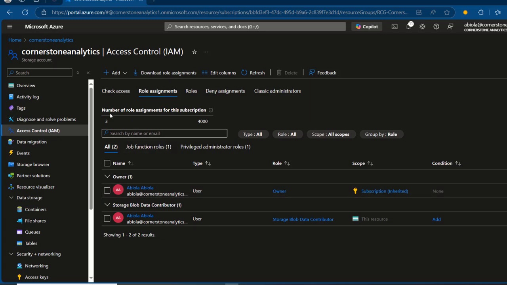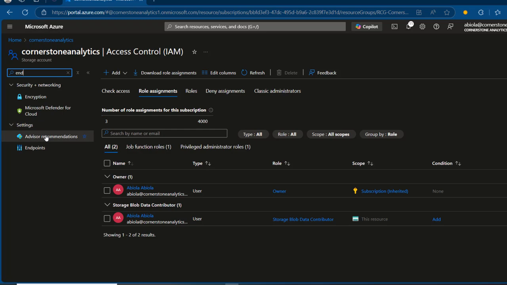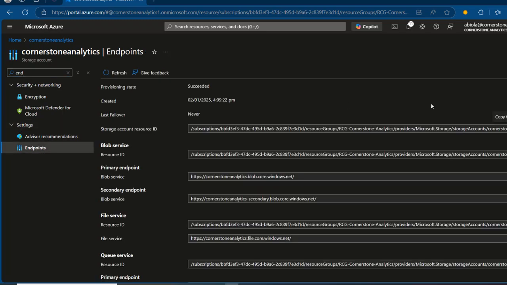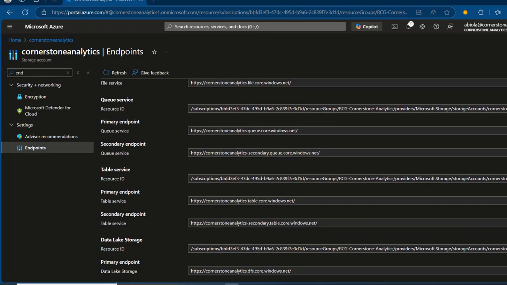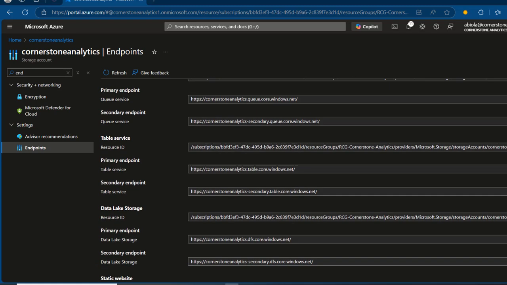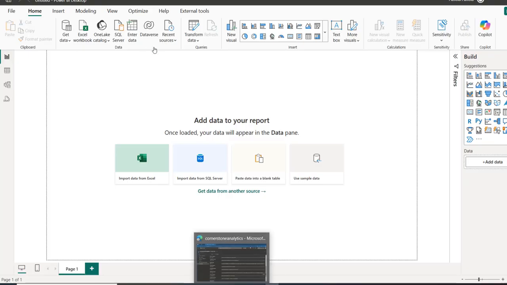Now we can go ahead and fetch the primary connection string in order to connect in the Power BI desktop. So I'm going to come here, still within the storage account. I'm going to search for the endpoints, and we can see at the bottom here under the settings. So I'm going to scroll down, and then I want to look for the data lake storage primary connection string that must contain the dfs.core.windows.net. So I'm going to copy that to the clipboard,